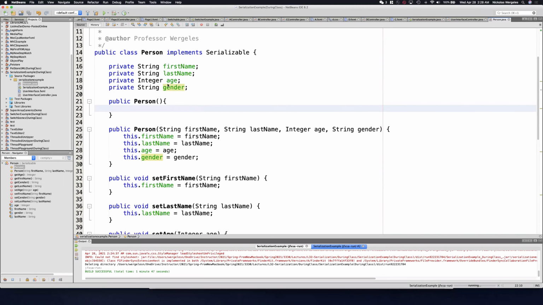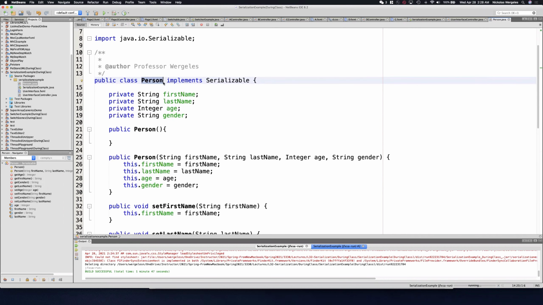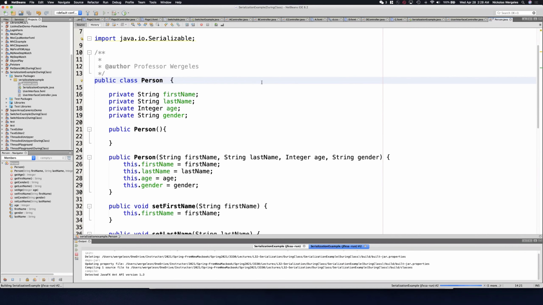Professor Worgley's here. We just serialized and deserialized the person class and the person object. Remember, it's important that this class implements serializable. If I don't do this, I'm not able to serialize this class or this object. So if I take that off and run it,